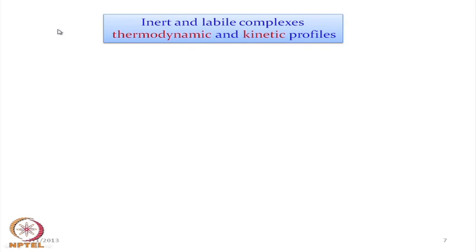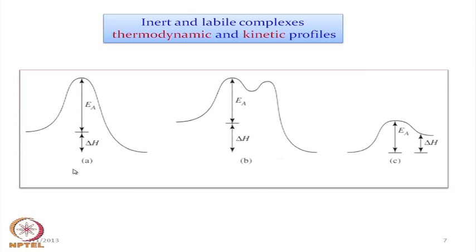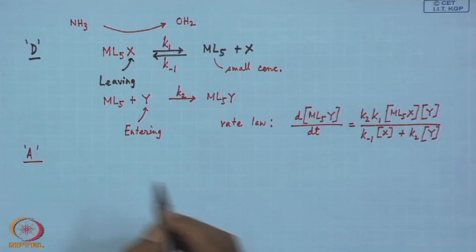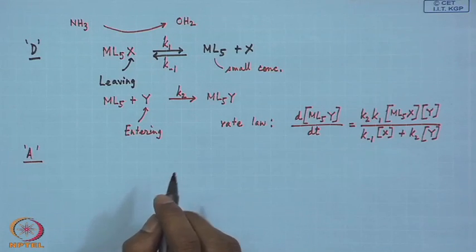This we have already discussed in detail, that means how we can consider the different inert and labile complexes. One is the thermodynamic part and another is the kinetic part. So, when we have these reactions, one we are considering as the dissociative path, another we are considering as the associative path. And when we consider these reaction profiles, such as when we have this particular case as D, we can also consider the reaction as the associative pathway, where